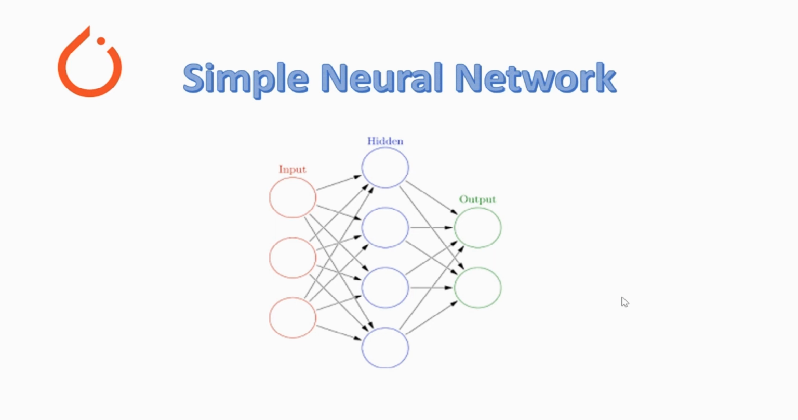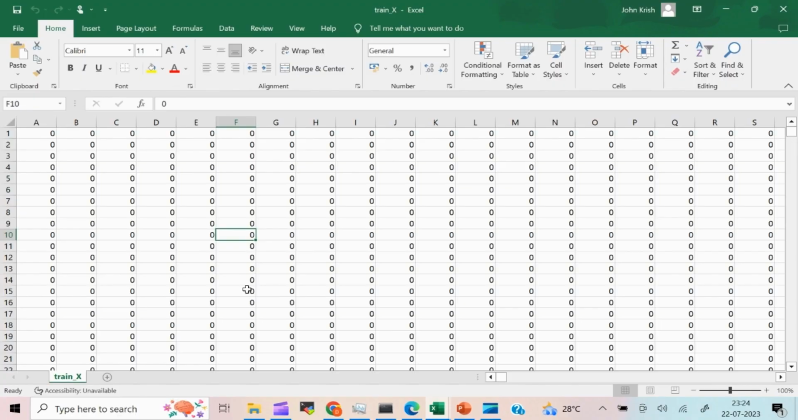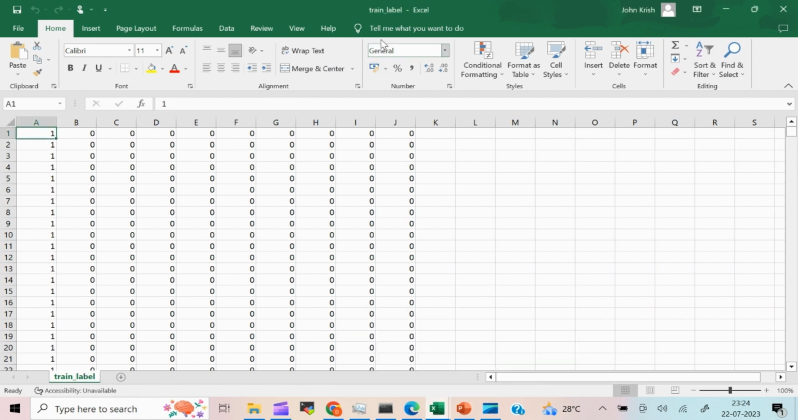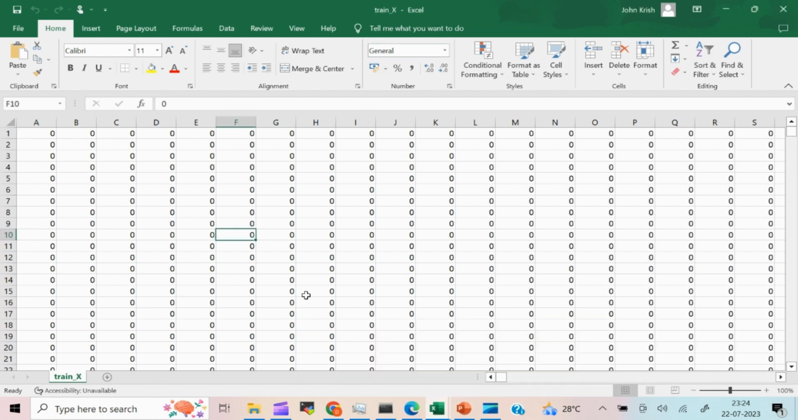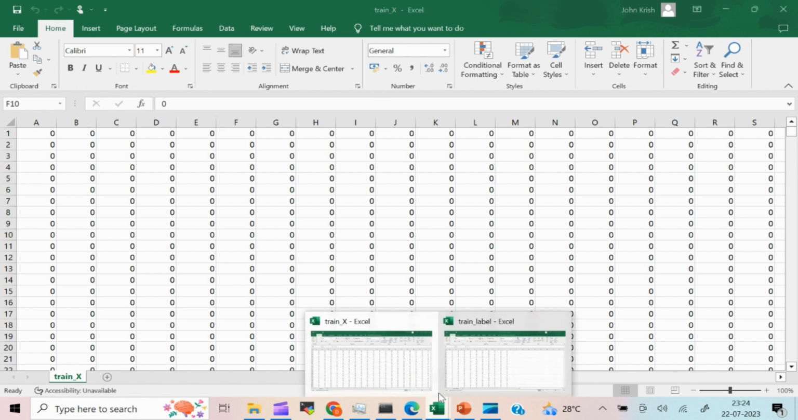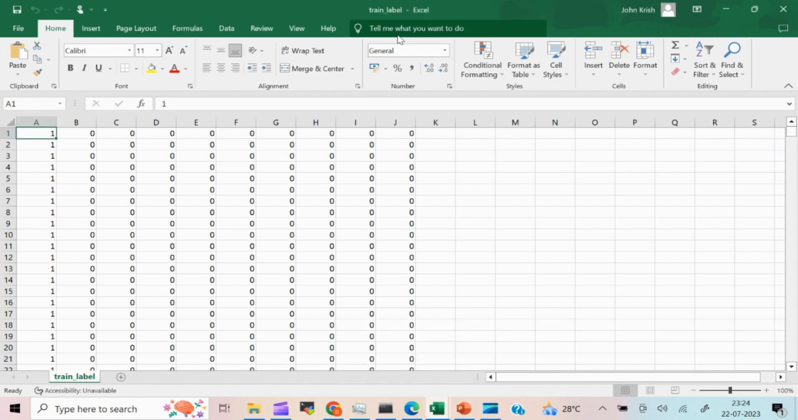In this video, we are going to see how to build a simple neural network using PyTorch. Before getting started, let's try to understand our input data. Here, I have two Excel sheets, one with train X and the other with train label. So basically, train X has my input data and the corresponding label or the output is in the train label